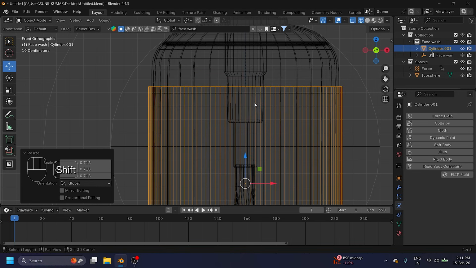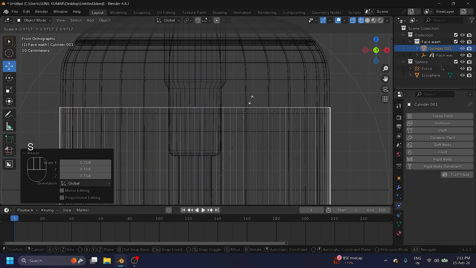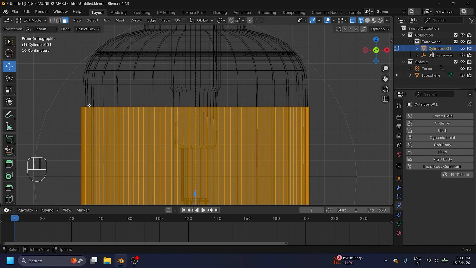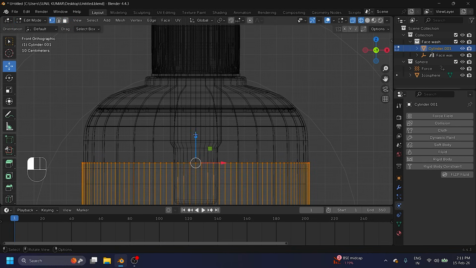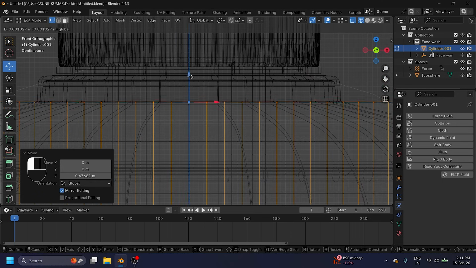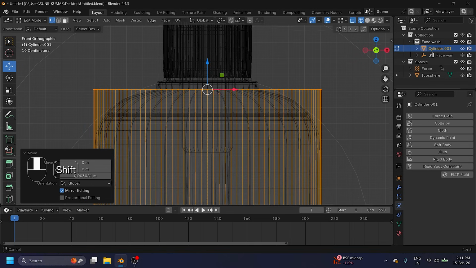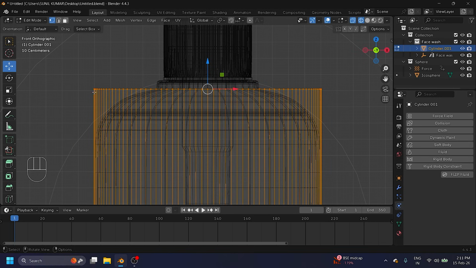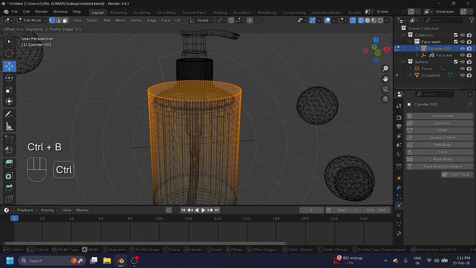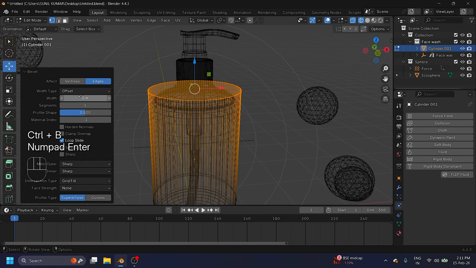Yes, guys, this time I'm creating a collision object. So go here, edit mode, select this vertex and move it up like this, right? Guys, I create one more object this time. So select this one, top face, right? And press Ctrl B, enter, and increase the width size.